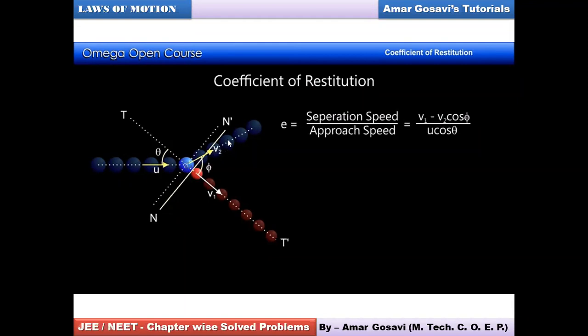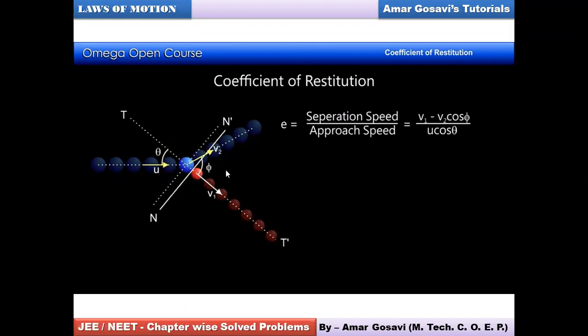One part goes in this direction with the speed v2. Another part in the red color direction you can see with the final speed v1, and the angle between v2 and v1 is phi. Whereas if I extend this direction, I take this as a reference. Okay, so the red color direction, if I extend it backwards, you can check the arrow, this direction extended backward makes this angle theta with u. So I have two references now.